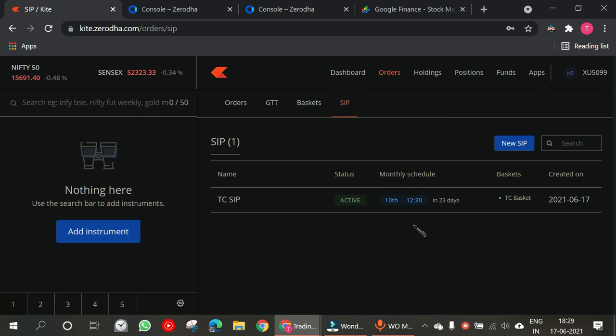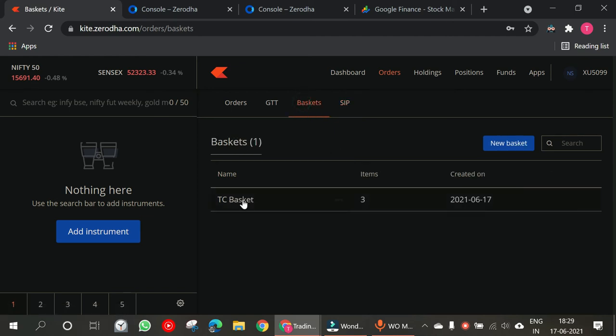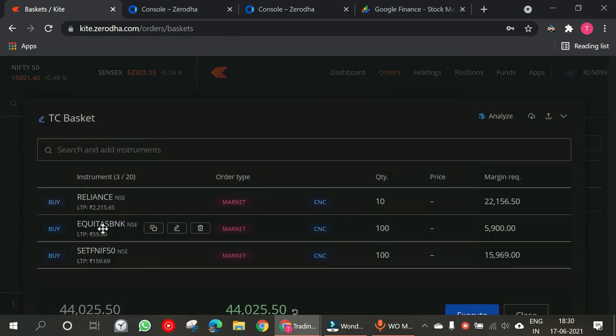Now there are some things that you have to note before setting up a Zerodha SIP. First of all, in Zerodha, SIP can only be set for the buy side. That means you can only buy the stocks using SIP. All the stocks that are bought using SIP have to be sold manually. So in our case, if we have bought the basket for 6 months, and now in our Demat account we have Reliance, Equitas and Nifty, and if we want to sell them, we have to go and sell each of them manually. So this is one thing which we have to keep in mind. While setting up a SIP in Zerodha, you can only buy using SIP, you cannot sell using SIP.